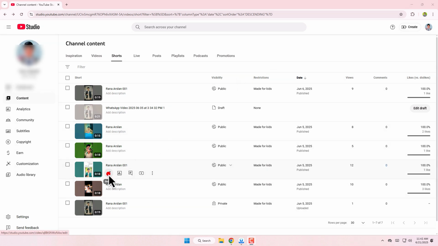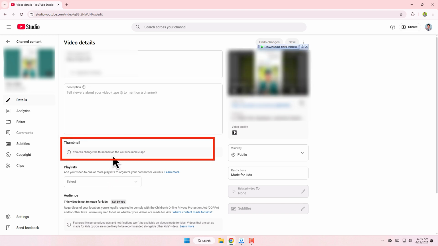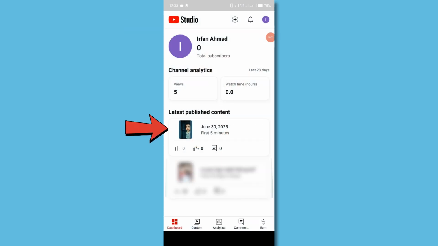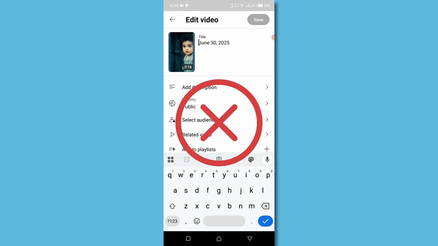If I click the edit button on this one, scroll down, then it says that you can use the mobile app to change the thumbnail, but if I switch to my mobile and open the YouTube Studio app, let's try to change the thumbnail on this one. Click on the 3 horizontal lines at the top of the screen, and as you can see there's no option